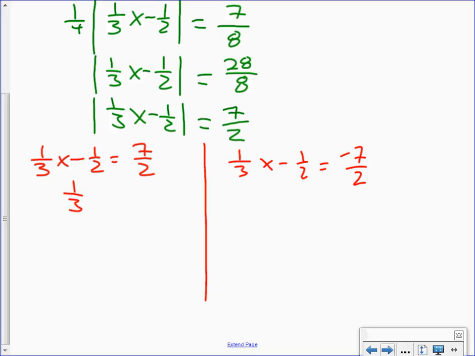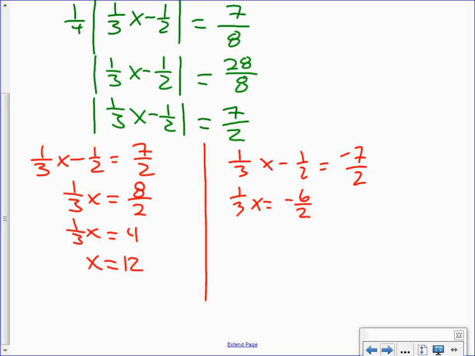We got 1/3 x is equal to 8/2, aka 4. So it's really 1/3 x equals 4. So x equals 12. On the other side, 1/3 x equals negative 6/2, so x equals